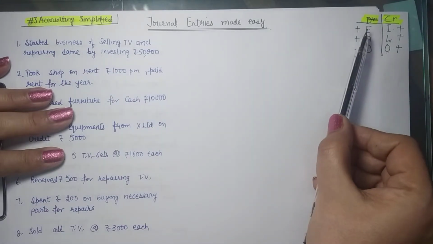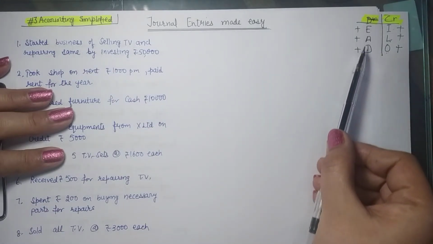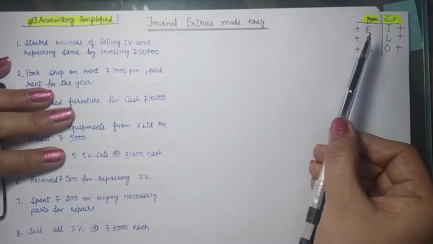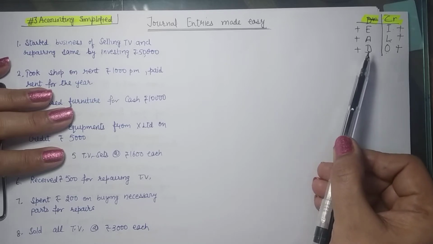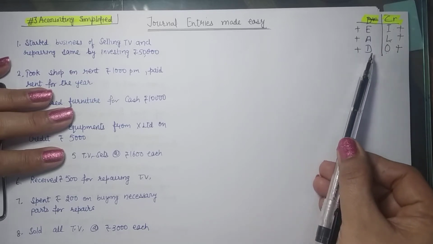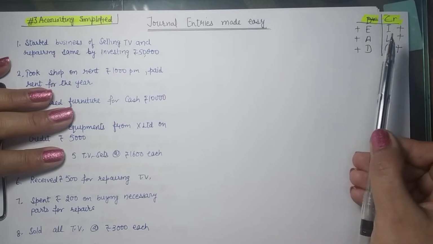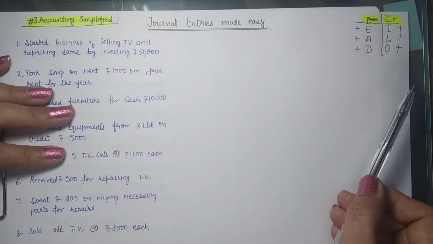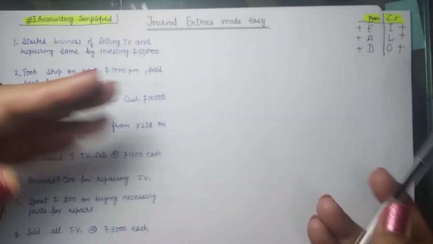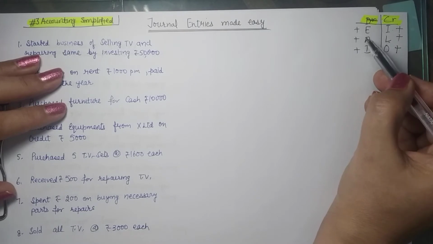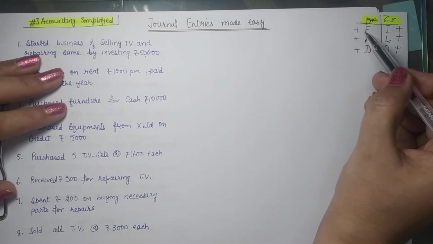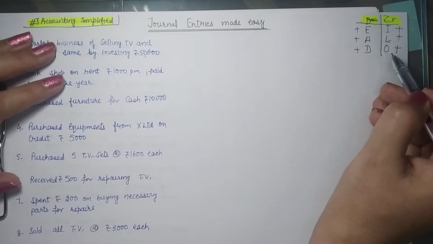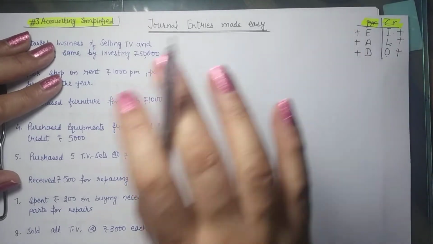So it has expenses, assets and drawings on the debit side. That is their positives. So whenever you have any expenses or your assets increase or you have drawings, it will be coming on the debit side. If you have income, your liabilities are increasing or owner's equity is increasing, it is on the credit side, right? So the opposite will obviously be on the other side. That is any decline in the assets, or when you are to reduce your expenses, it will be on the credit side. If your liability is reducing, owner's equity is reducing, it is on the debit side.